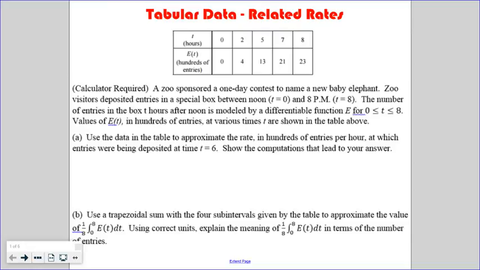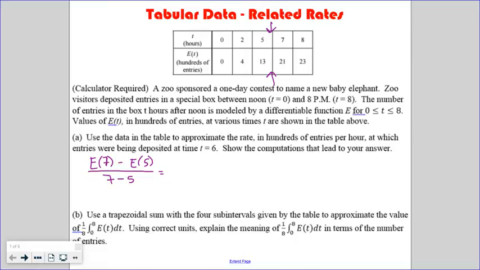Part A: use the data in the table to approximate the rate in hundreds of entries per hour at which entries are being deposited at time equals 6. Show the computation that leads to your answer. So we are estimating between what we have in the table, which is at time equals 5 and time equals 7. To use that, we would do the slope of the secant line, or the function's E of 7 minus E of 5,